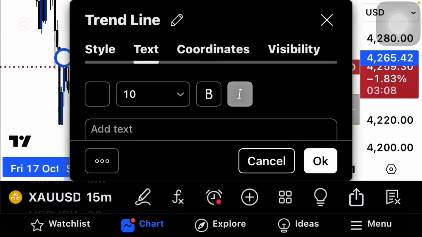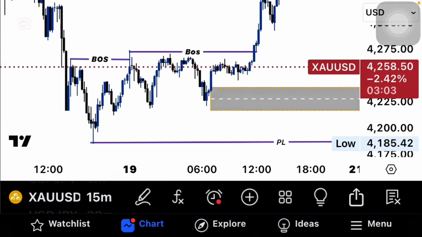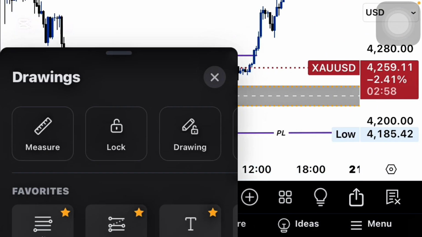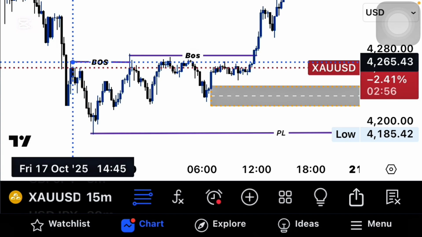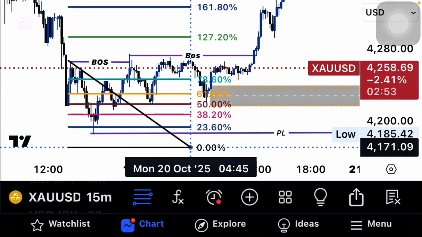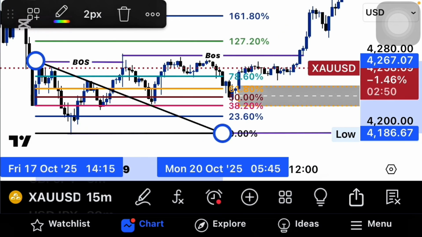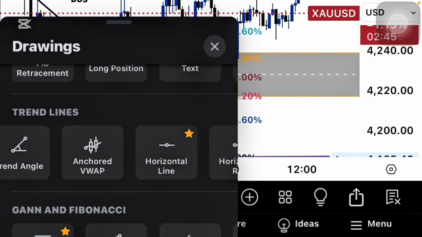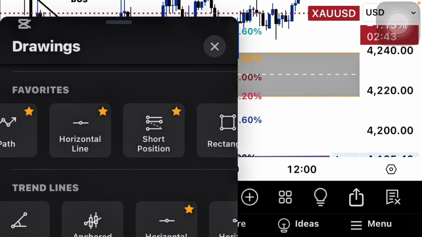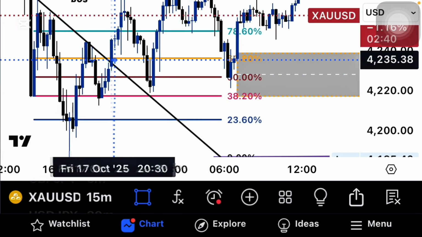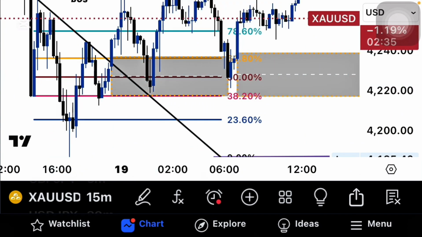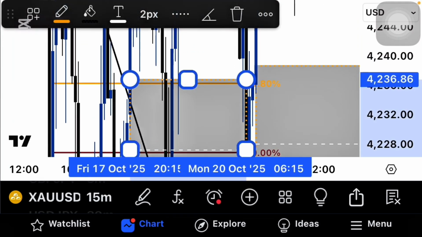I don't need to take anything out. So this is my BOS on the 15-minute time frame, and this is also the protected low for that particular BOS. So I take my fib again from that BOS to this low, and we can see after the tap into that zone, we have a buy, of which we have missed that particular buy. But on the 15-minute time frame we have to draw all our zones also, because that's our entry point to know if we are missing any zone out, any point of interest out. So we have here